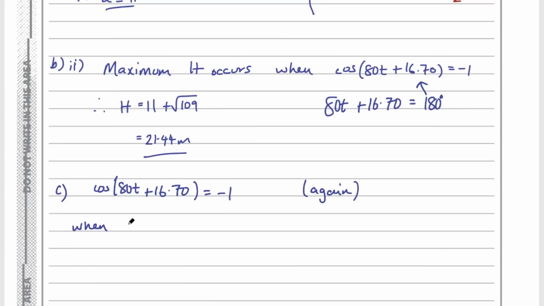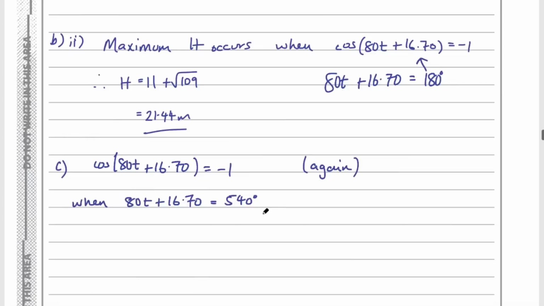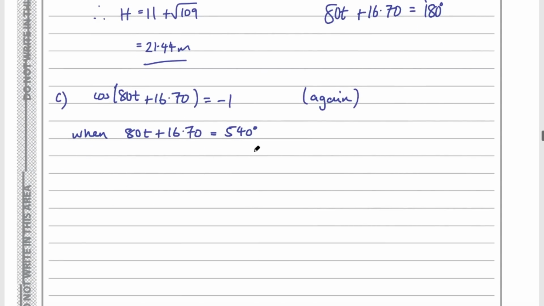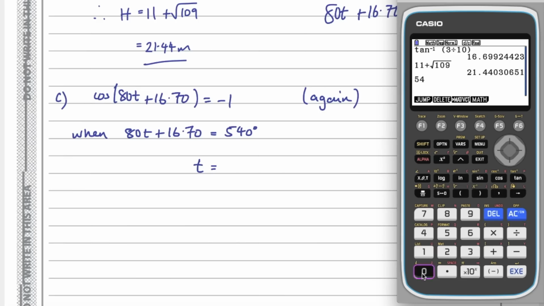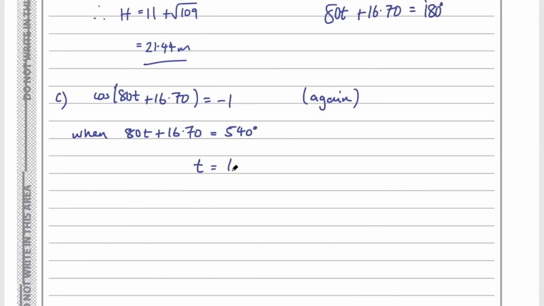And this happens when 80t plus 16.70 equals 540 degrees. So now we can solve this for t. So subtract 16.7 from 540, divide by 80, and we'll get a value for t. Let's just do that on a calculator. 540 subtract 16.7 equals, divided by 80, and we get 6.54 minutes, 6.54, and if we want to write that